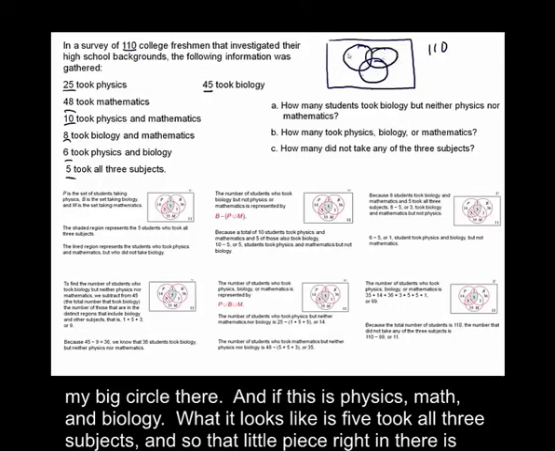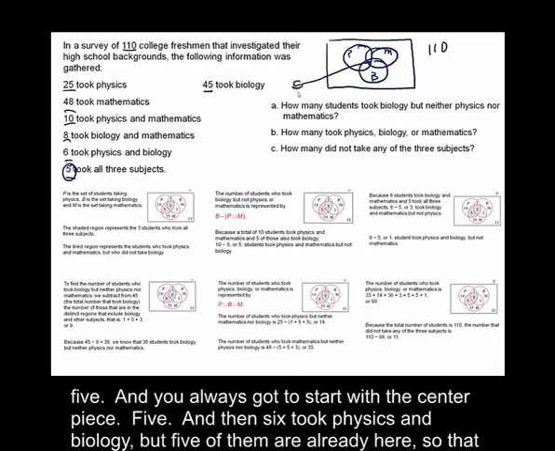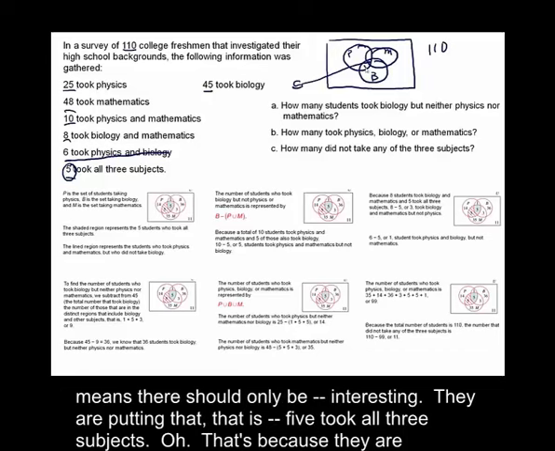And if this is physics, math, and biology, what it looks like is 5 took all 3 subjects, and so that little piece right in there is 5. And you always got to start with the centerpiece. 5. And then 6 took physics and biology, but 5 of them are already here, so that means there should only be